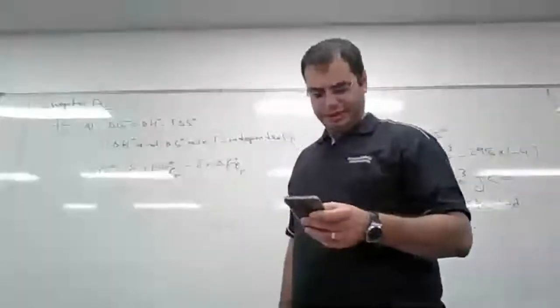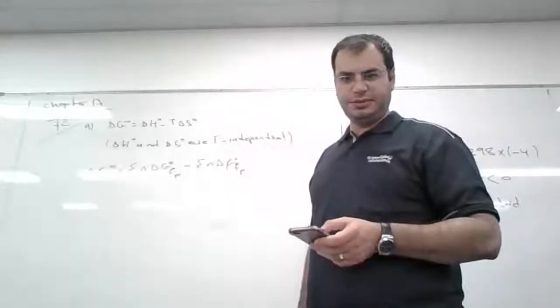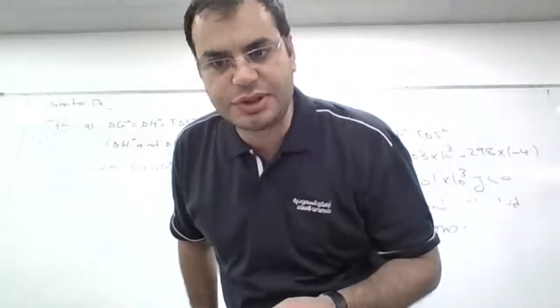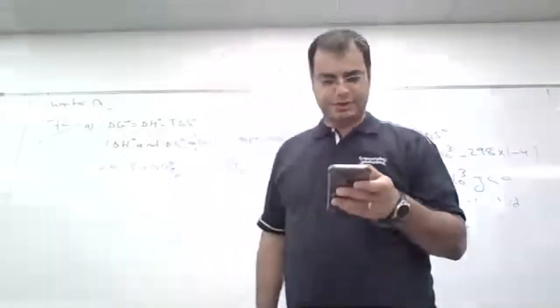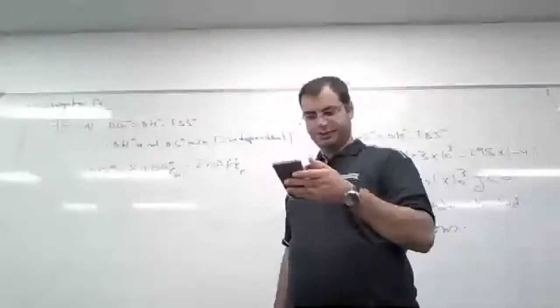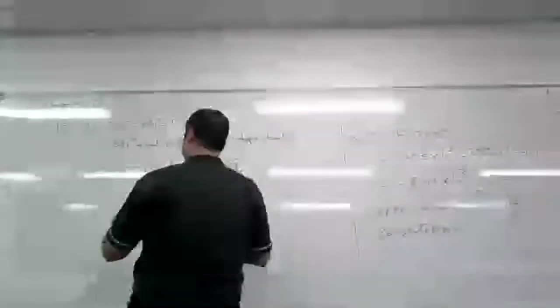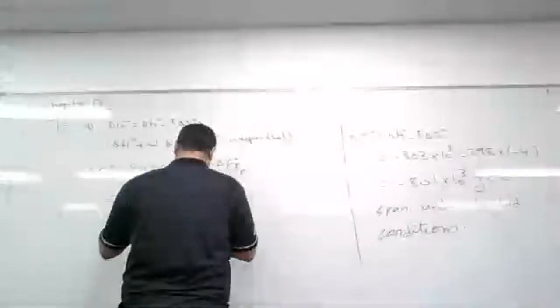Did you find the answer, guys? You want me to write the answer? Yes Amin, chapter 17 question 72. Well done Amin. Delta G naught is equal to what? It's equal to 2 times, 3 times